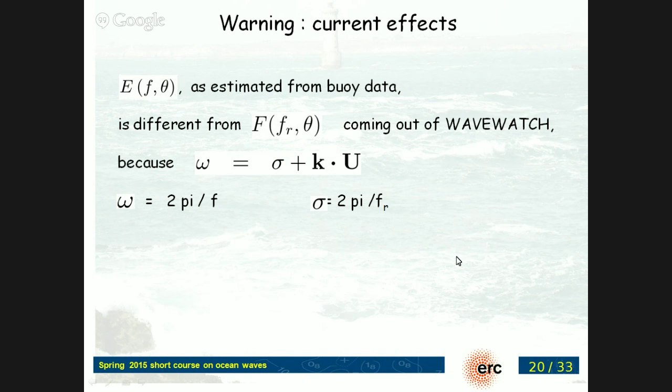And the difference between the two is that, okay, so that would be the absolute frequency of a fixed buoy, omega is 2 pi f. And this one, sigma, is the relative frequency. And the difference is a Doppler shift by the current. So K is the wave number, and U is, let's call it, the surface current for short. If you want to know the details, it's not quite the surface current, it's some convoluted profile of the current. But right now in WaveWatch, we're only using something which is like the surface current. And so you have this Doppler shift.